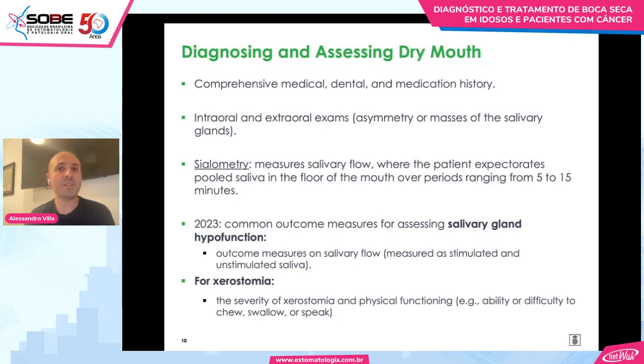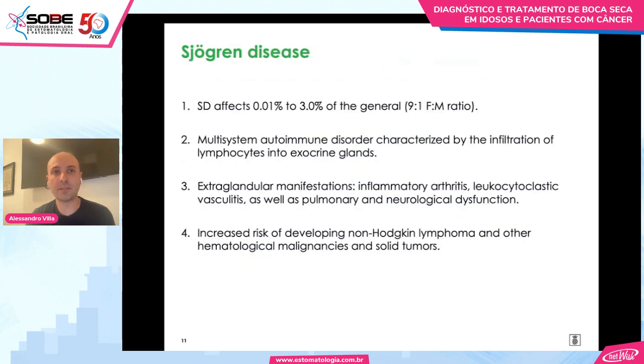There are different tools you can use depending on the time you have with the patient, to assess, again, the impact of xerostomia on the daily activities of our patients. I mentioned earlier that Sjogren disease is one of the main risk factors for dry mouth. This is a multi-system autoimmune disease characterized by infiltration of lymphocytes into the exocrine glands. It affects from 0.01 up to 3% of the general population, and it's more prevalent in women, although males can